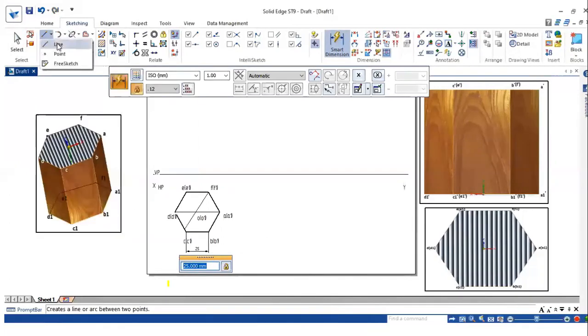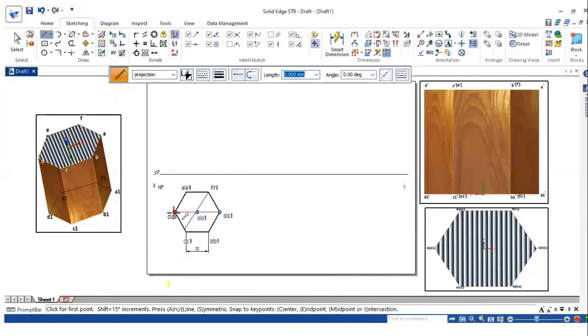Now I want to represent the front view. So project all the corners onto the XY line. Now take the visible line option. The height of the prism is 50, so the complete height is visible to me.